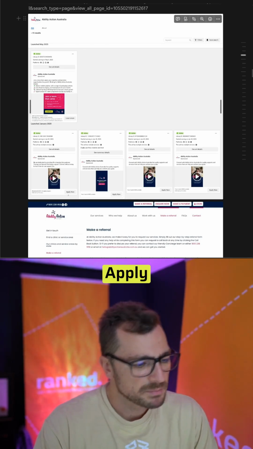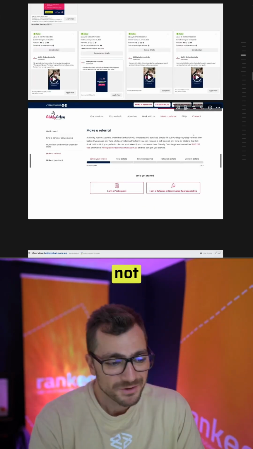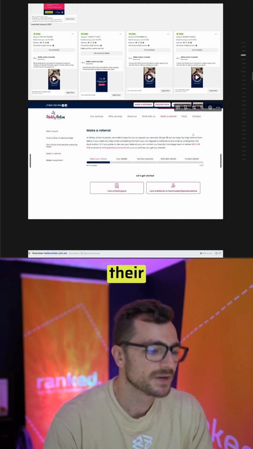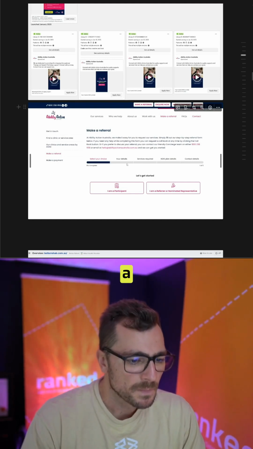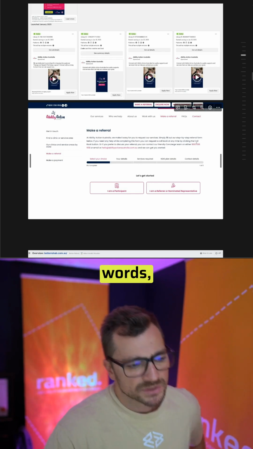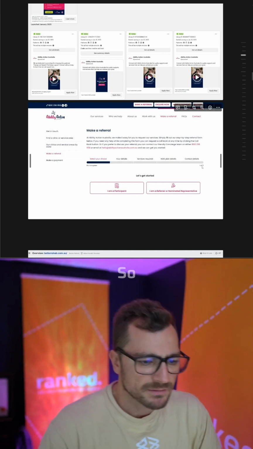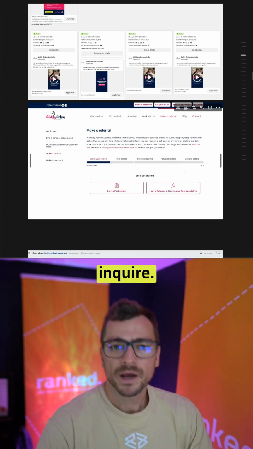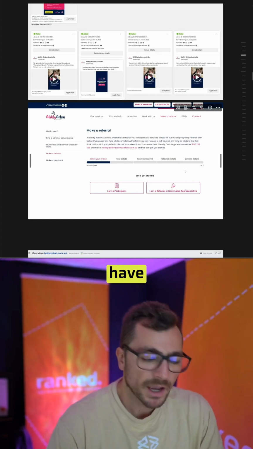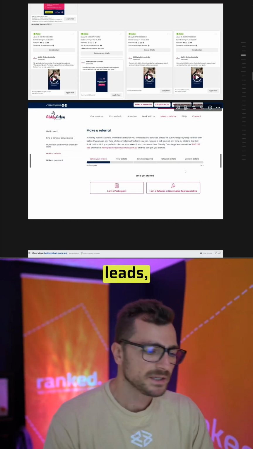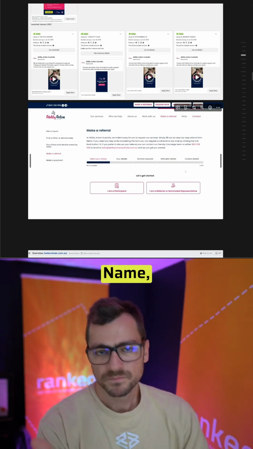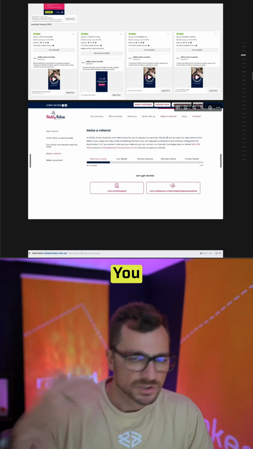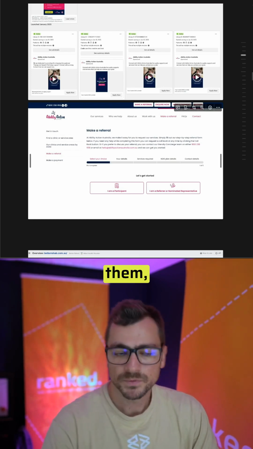And so this is where I'll click the apply now button, and that takes us to not much of a sales page. This just tells me that they have all the inquiries in the world and they're more concentrated on their internal admin, because this is a pretty serious form. In other words, a lot of friction is here. So 5 pages of friction, meaning someone needs to fill out those things before they inquire. And that just tells me that these guys have all the leads they need. If a business is desperate for leads, you should just have 4 questions: name, email, phone number, maybe select are you an NDIS participant or referrer, and that's it. You want to jump on the call and close them, right?